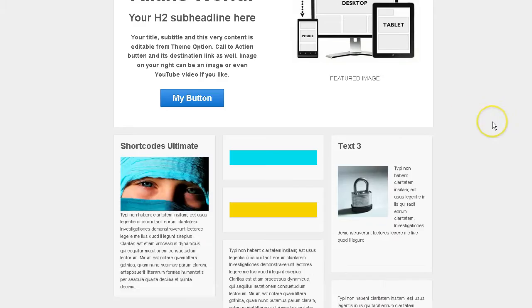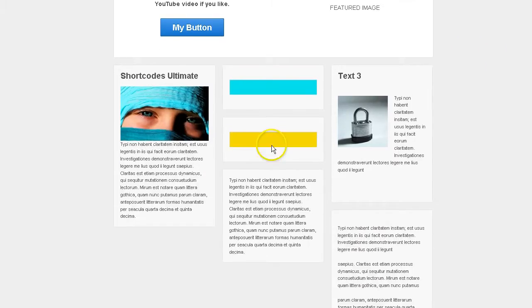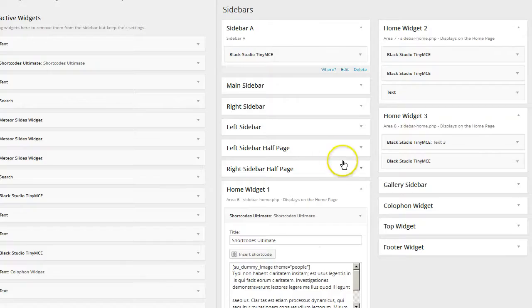Now there's all kinds of stuff going on here. I've got a picture with some nice text with a title. I've got 2 colored widgets in there. I've got a widget with just some text. I got another widget with text and a picture with the text wrapped around it. I've got another widget under that with just text. You can just keep stacking and adding widgets inside of your home widgets is what I'm trying to get at,